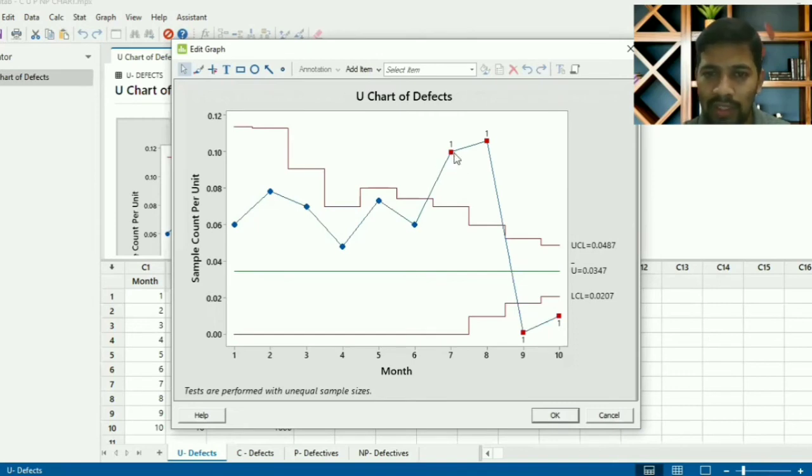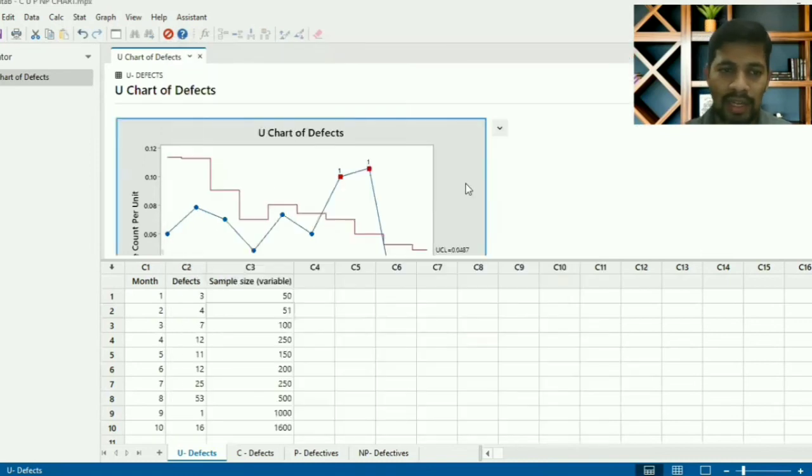There are four outliers: sample 7, sample 8, sample 9, and sample 10. This is how we can easily detect where the outliers are. These are for defects.